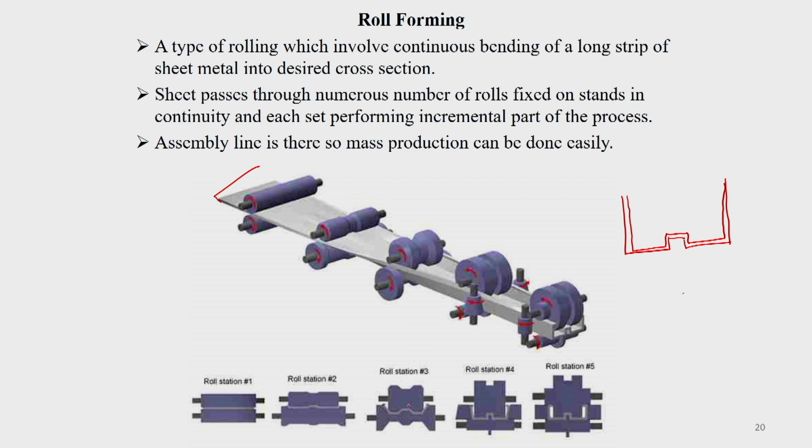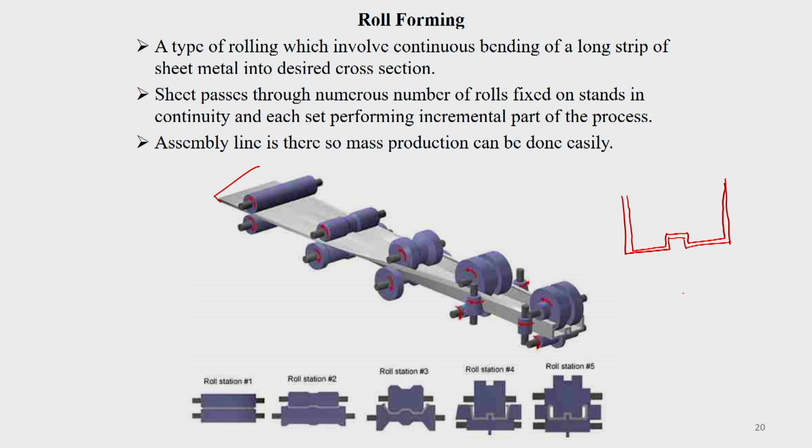When it comes to the third one, the sheet metal gets deformed in this particular shape, and with the fourth one you get this shape, and finally the fifth one also. So, by passing through a series of rolls with different contours, finally you get the final shape that you want. If that is on a continuous sheet, then you go for this roll forming, because it is passed between pairs of rolls.